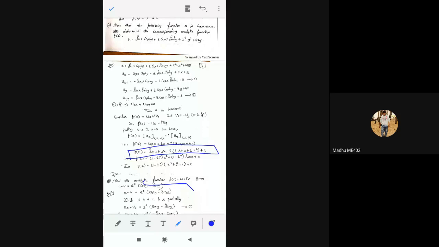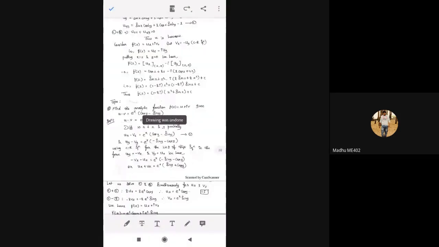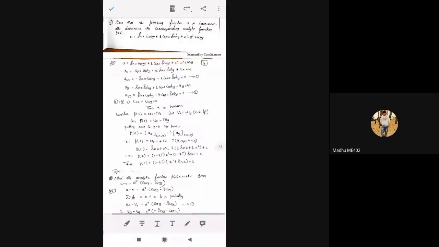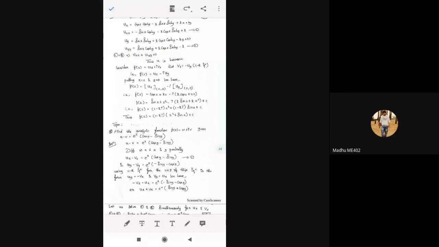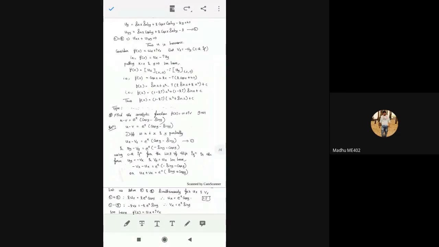So it is also a very similar problem. Only thing we have added here is harmonic. So this is about the 7th problem. We'll move on to the next one. Those who have any doubts in this 7th problem, you can ask, or else we'll move on to the next problem.